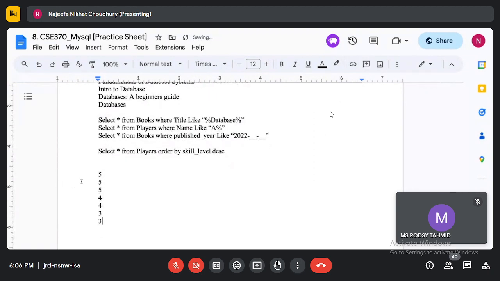I want to see only the top 5. So I want to see these 5, right? So these 5 have the top 5 skill levels. So in that case, if I say then limit 5, then what happens? Only the first 5 will be shown. The others are not going to be shown, right? So this is also a way that I can use limit. So limit is always used at the end. It will limit the number of rows to show. Any questions?